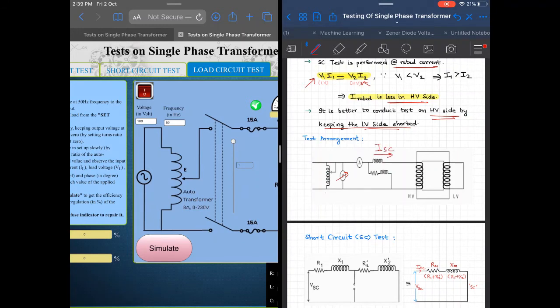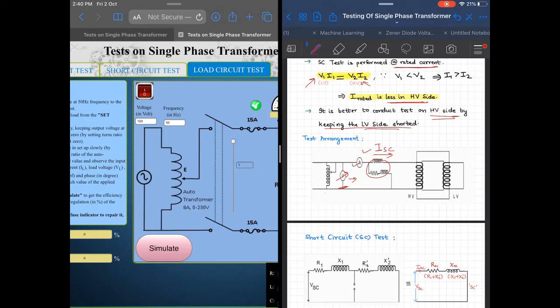So what we do is we will keep varying this voltage and we will record the current. As soon as this ammeter records the rated current, we will take the reading of all the three meters. One from the voltmeter, that is the applied voltage, one reading from the ammeter, that will give me the rated current, and one reading from the wattmeter, that will give me variable losses in the case of transformer.